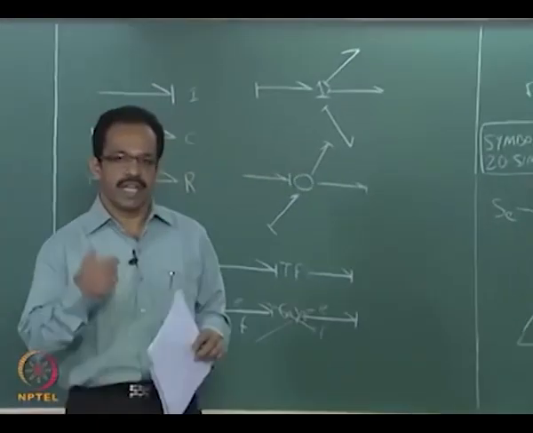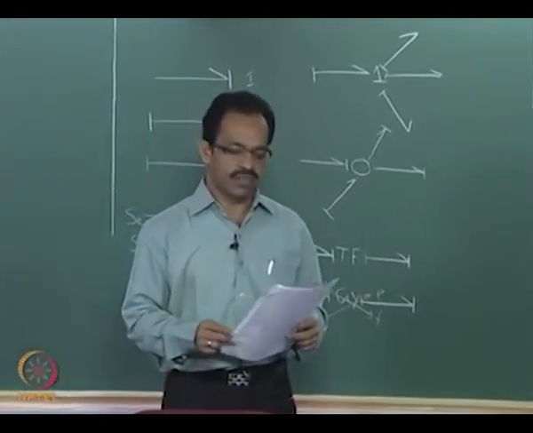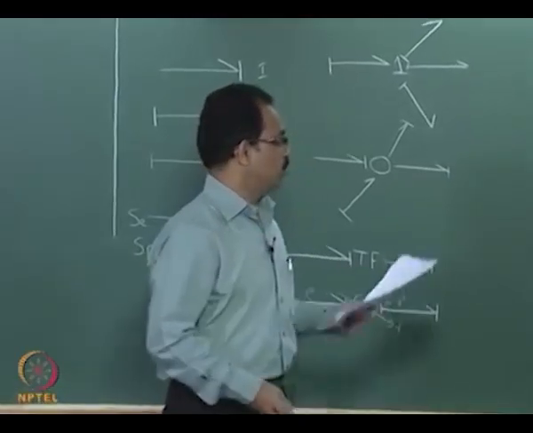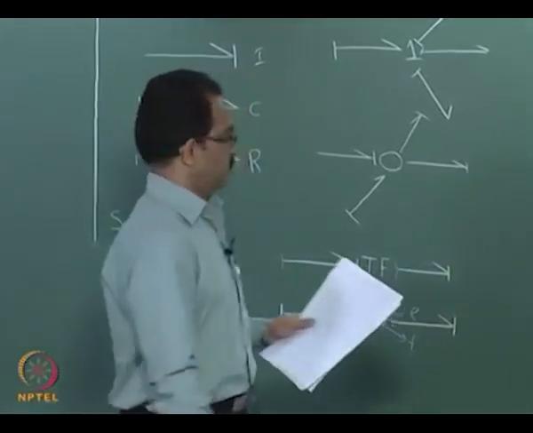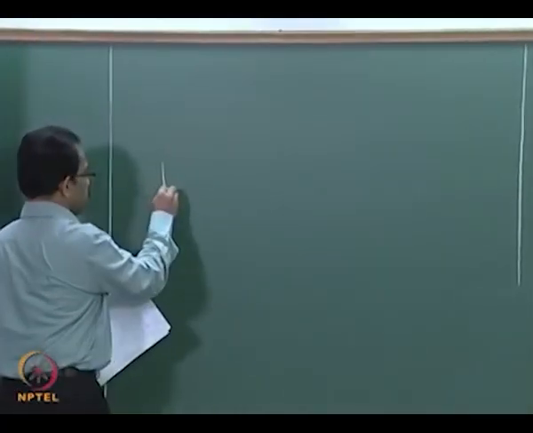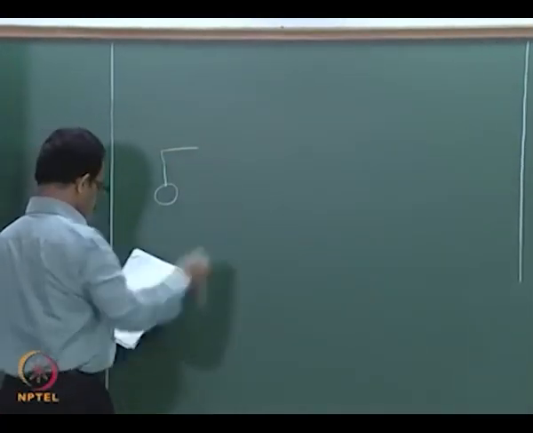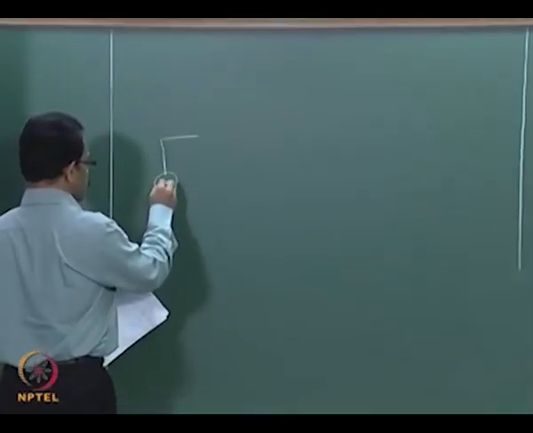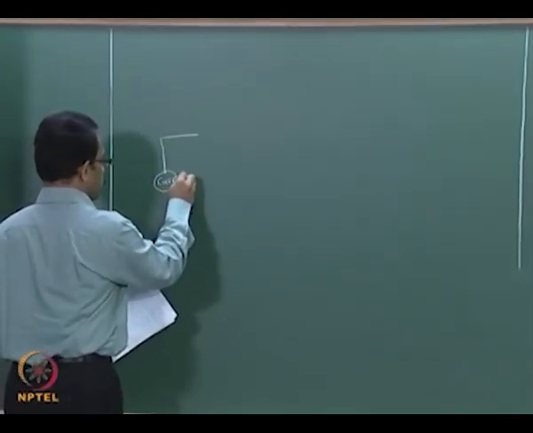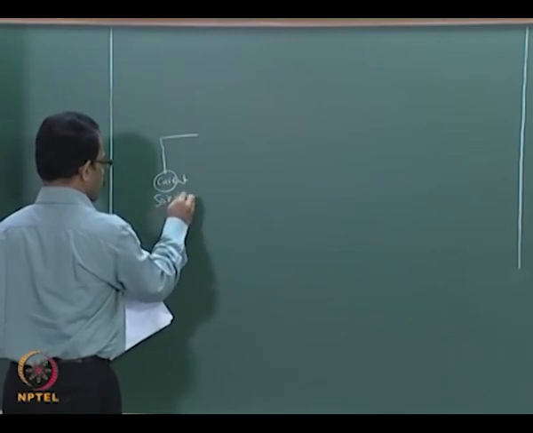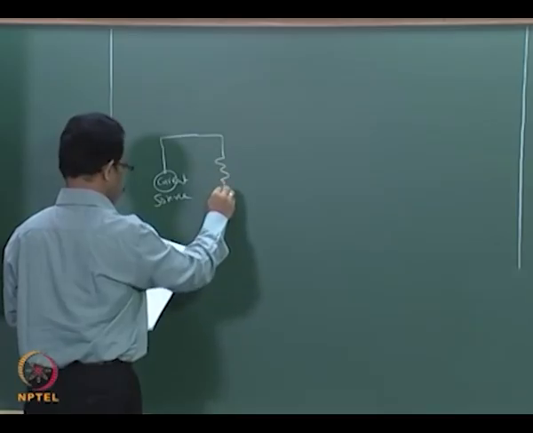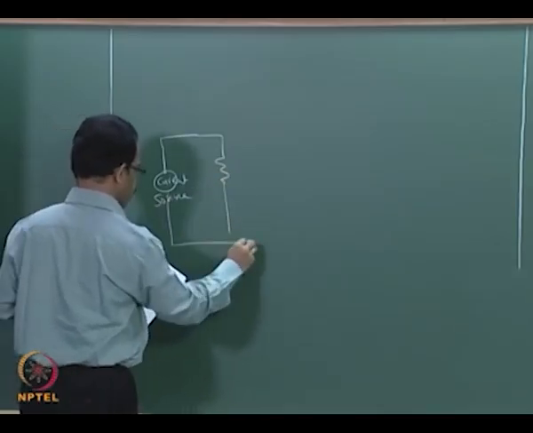In the same way, we can model electrical systems or hydraulic systems also. I will take a simple electrical circuit and show how bond graph can be used for modeling this. I will take a circuit. We have a current source, so I will show it as a current source, and then I connect various elements, a resistance here,